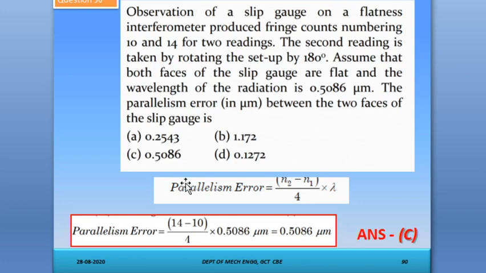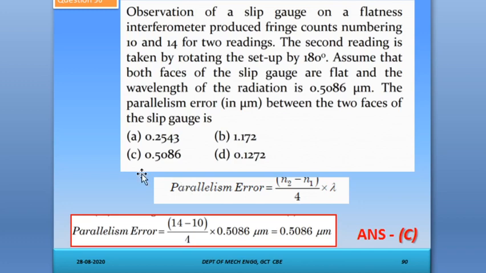The observation of a slip gauge on a flatness interferometer produced fringe counts of 10 and 14 for two readings, N1 and N2. The second reading is taken by rotating the setup by 180 degrees on the table. Assume that both faces of the slip gauge are flat and the wavelength of radiation is 0.5086 micrometer. The parallelism error in microns between the two faces of the slip gauge is: